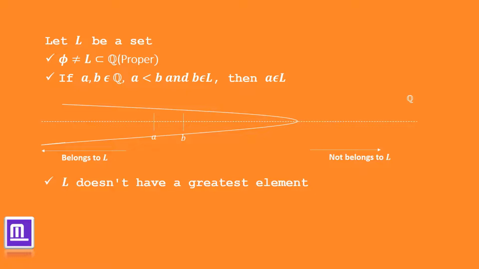It should be like a set. In fact, the set A in video number 2 is an example for it, where that is also a proper subset of Q, and all the rational numbers whose square is less than 2 are in the set A. The second property is satisfied, and it also doesn't have a greatest element inside it. This is also a very important property which our L should have. Okay, so we call such an L a cut in Rudin's book,